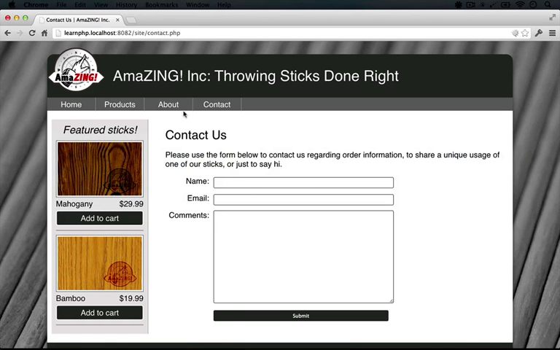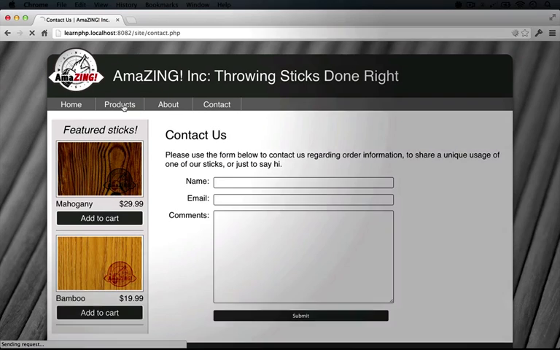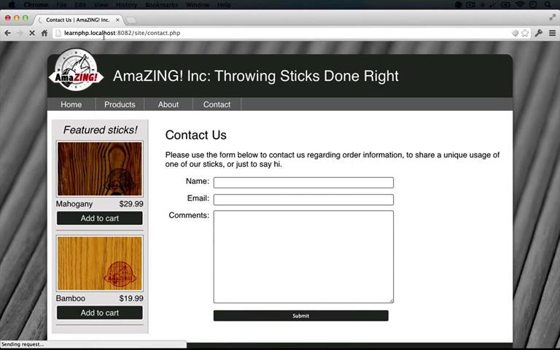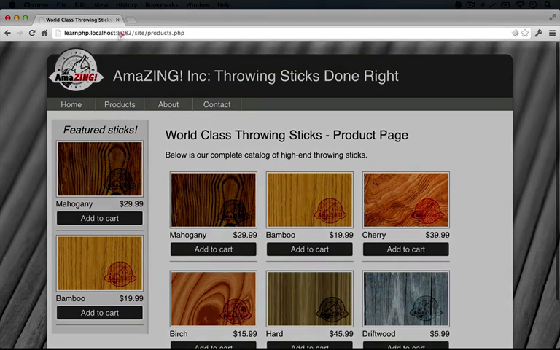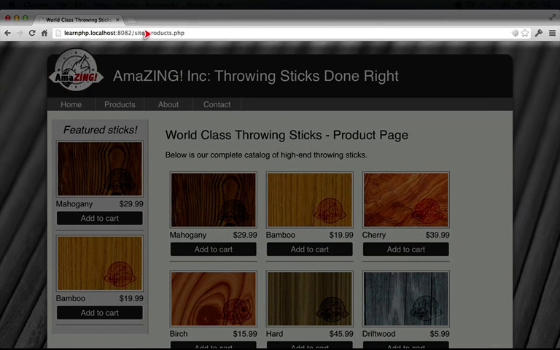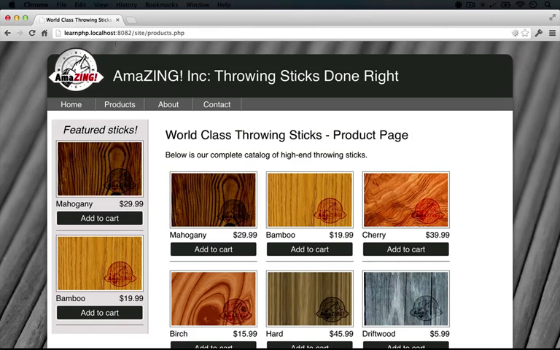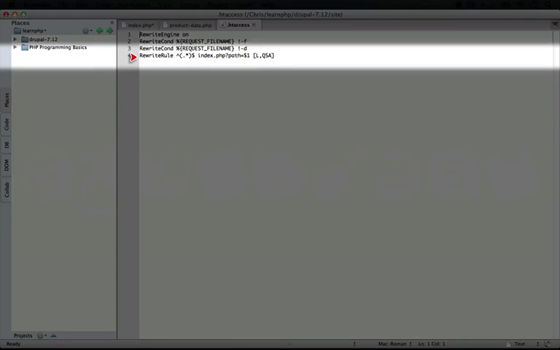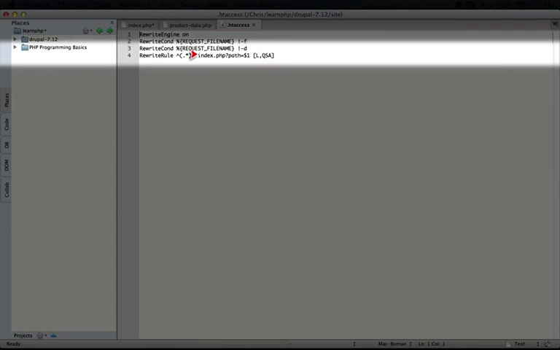So if we go back to the browser here and we go to the products page and we look at the URL, it's going to say /site/products.php. So what we're actually going to do is grab this products.php and add that as a query string to the end of index.php. So if we go back to the htaccess file here, we'll see it will rewrite it to go to index.php?path=